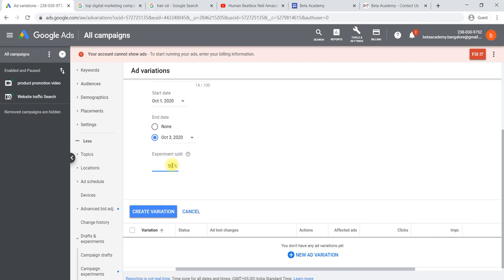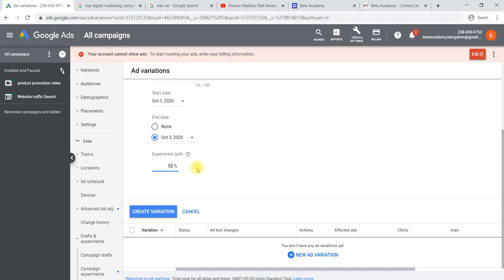Would you like to create a variation of all the ads, and would you like the variation split 50-50, or the original ad running 70% and the variation ad shown 30% of the time for the first 3 days?